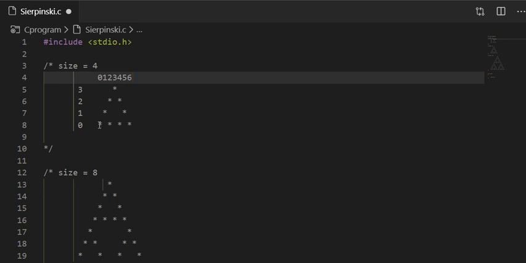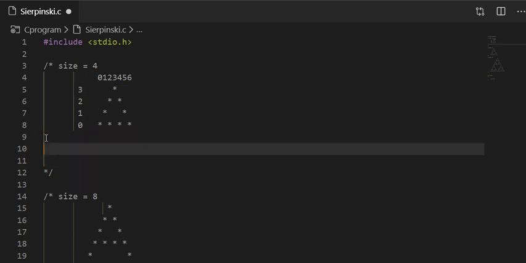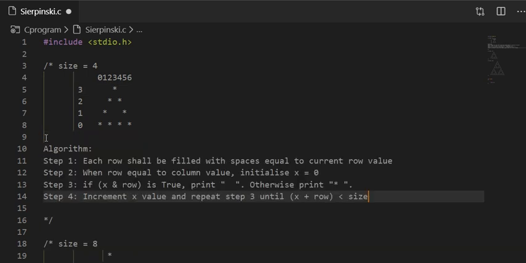As we can observe, there is a star, there is a space, again star followed by space. So the maximum star is at 0th row with 4 stars with intervening space, resulting in 7 values ranging from 0 to 6. Now to implement the algorithm, there is simple 4-step which I will explain.